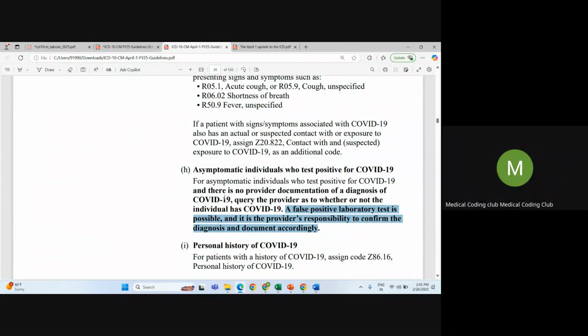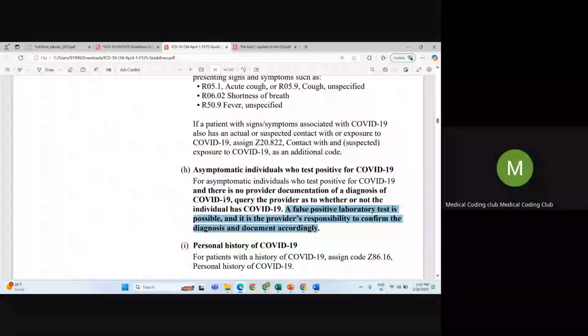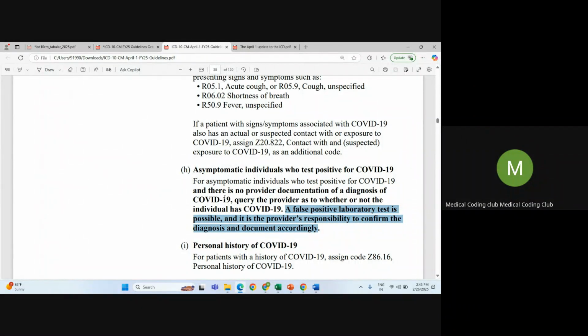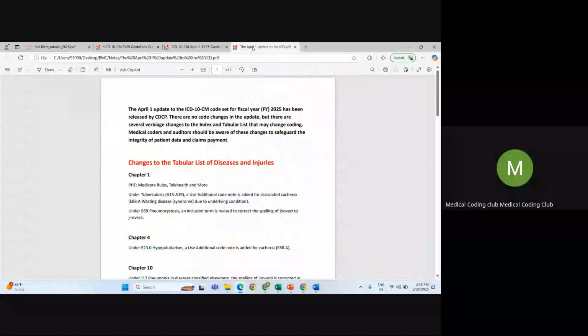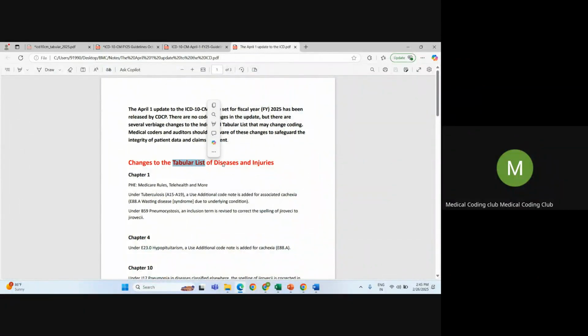Only by seeing a positive lab result, you cannot assume the final diagnosis. That is the major guideline revision for 2025 from April 1st. This will be effective from April 1st, and you can go through this coding guideline. Next, there are also some changes in the tabular list and also